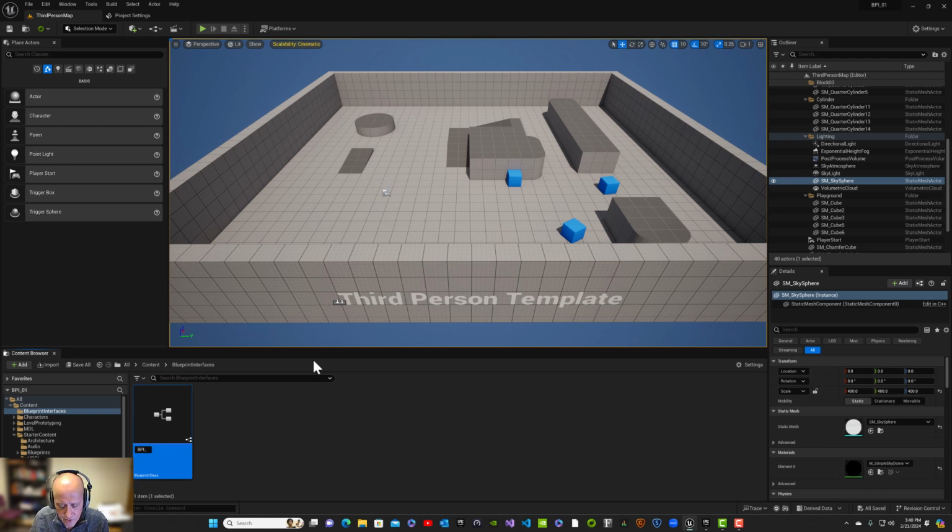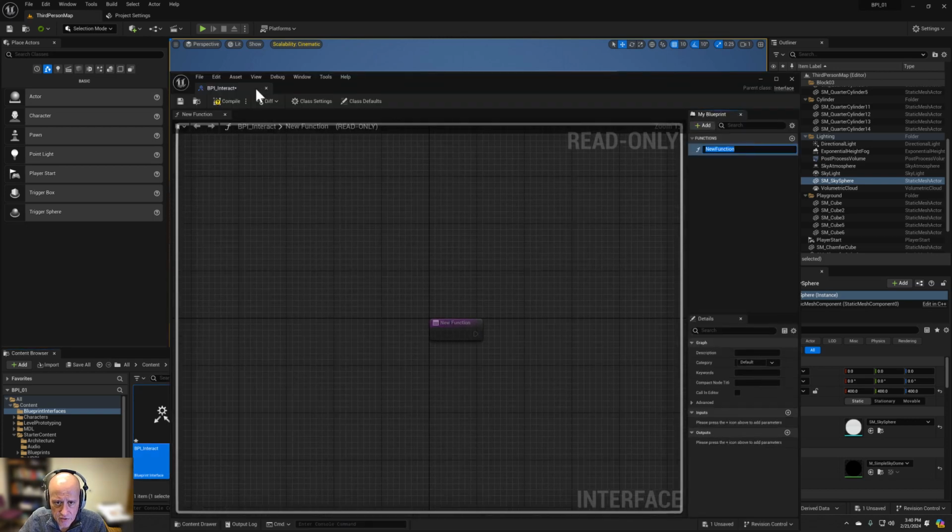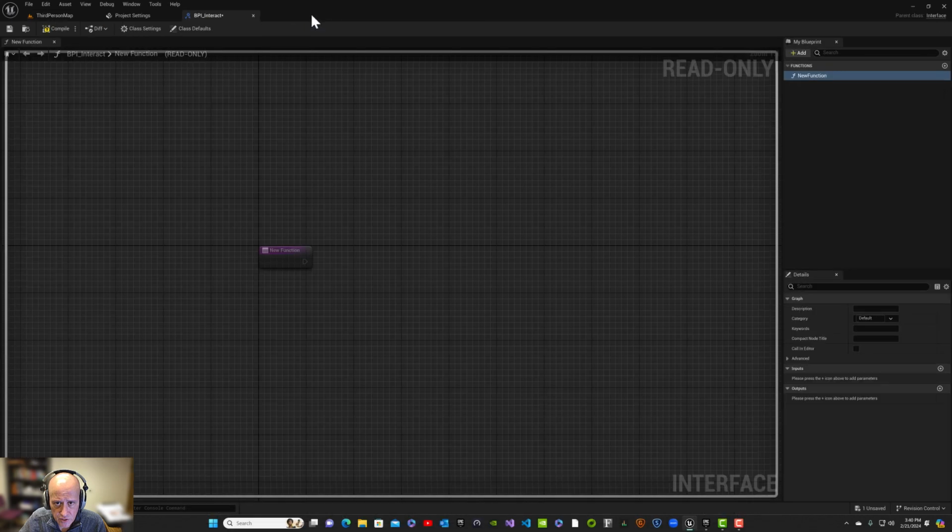In this case, I'm going to keep things very simple, and I will name this BPI underscore, that's Blueprint Interface, and I'm simply going to call this Interact, like so. Blueprint Interface Interact. Okay, so if I double click to open it, what you're going to find out is that this is a read-only function. And basically the only thing that I can do here is I can rename the function if I wish. And I'm going to call it interact,